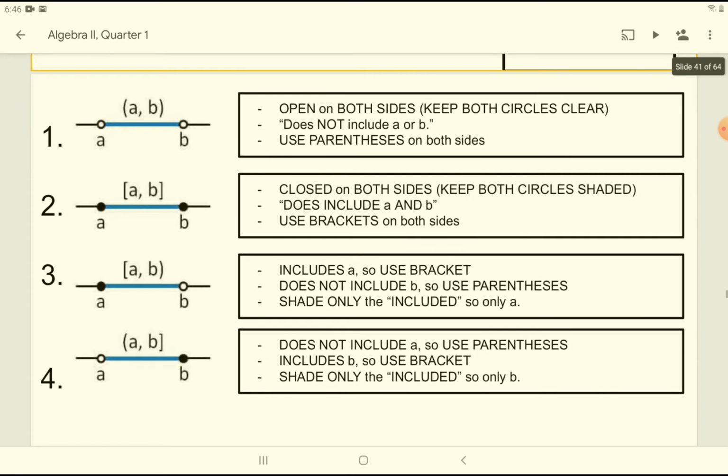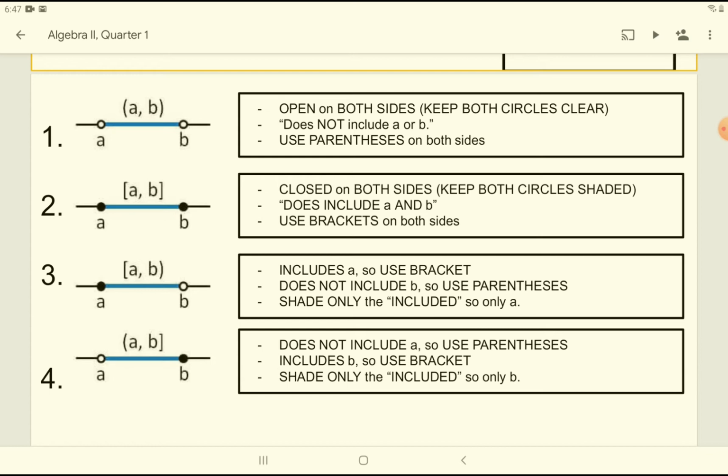Okay, this is just a refresher. This is just what I was talking about, the brackets and the parentheses. So let's look at number 1. Say you have a line and it's got endpoints, right? But the two endpoints, they're not shaded, they're clear. So they're open circles. So number 1 in the box says open on both sides. Keep both circles clear, so do not shade. So you're going to use parentheses on both sides because the circles are open. In other words, we are not specifically including A or B,